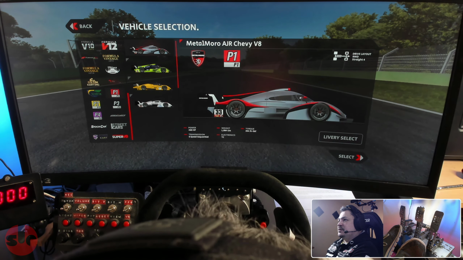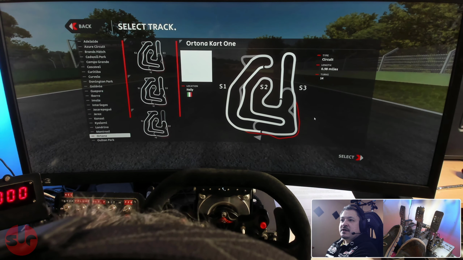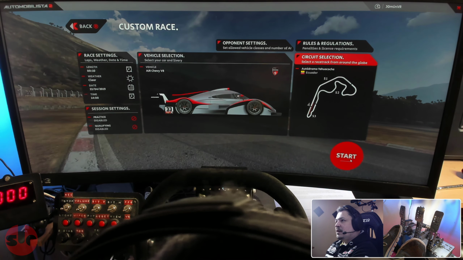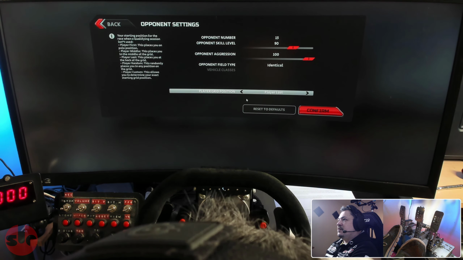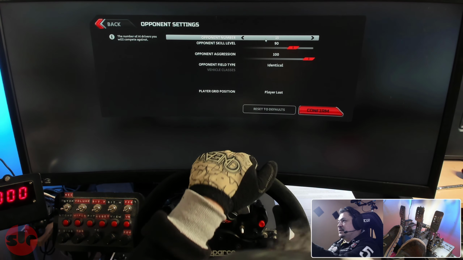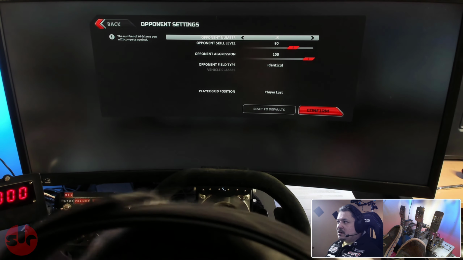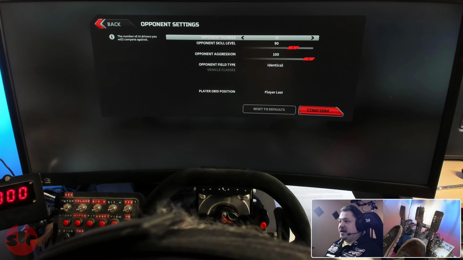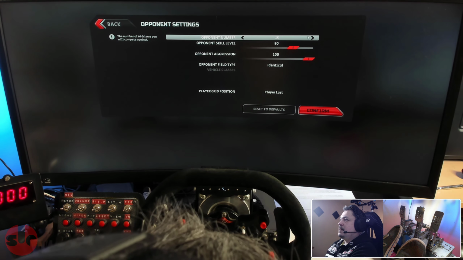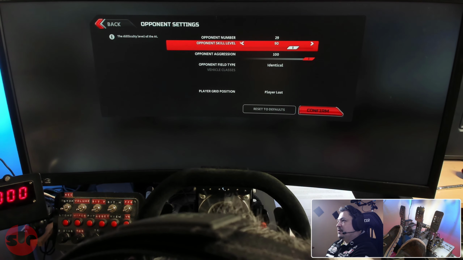So it was the Metro Moro, the AJR, and I raced at Abara. Okay, and you can see one thing I've reduced the opponent numbers to 15. Normally when I race I just rack it up to the highest number possible, which is okay for most tracks and most cars. But I have found when I have, well, 30 cars effectively, including me, so 29 opponents,